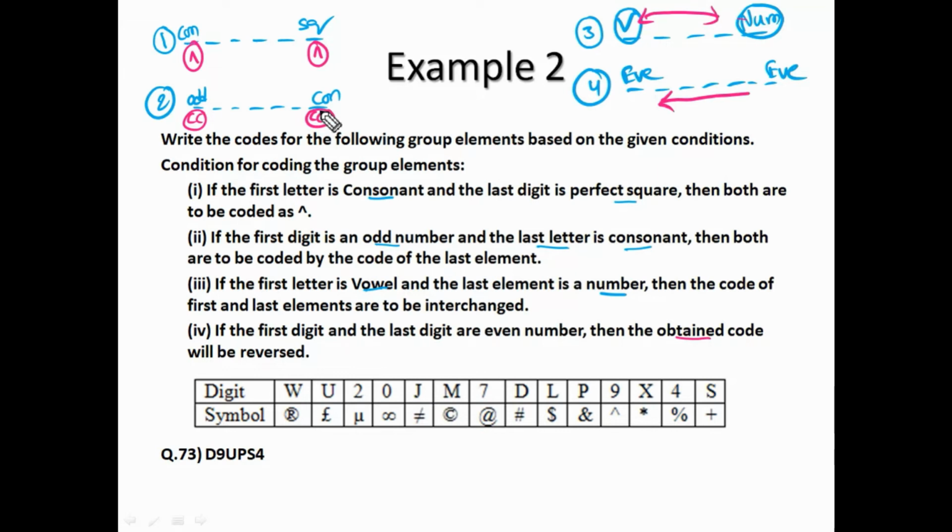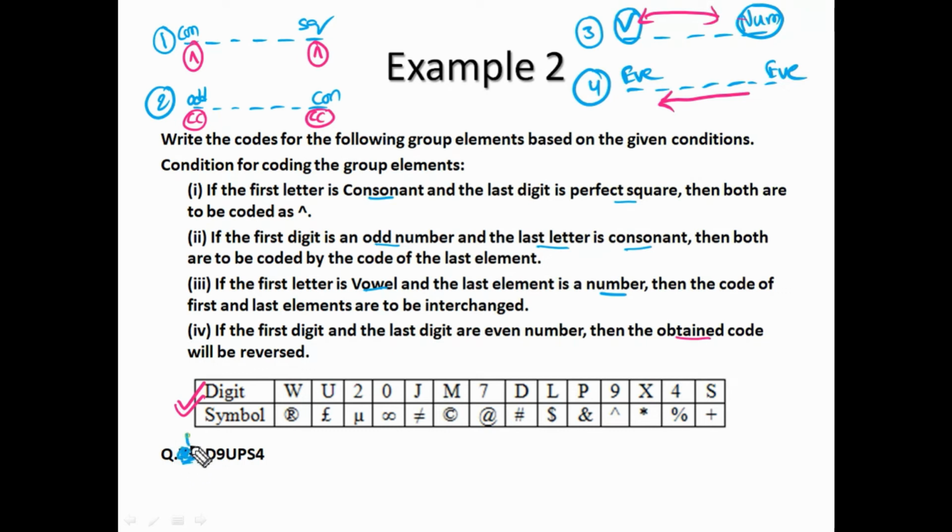So these are the four conditions for every question. For every set of words, we have to verify all the conditions, whether they follow or not. We have to verify all the conditions for every question. If all the conditions fail, then follow the table as it is. I'm going to check the conditions for the first question, that is question number 73.